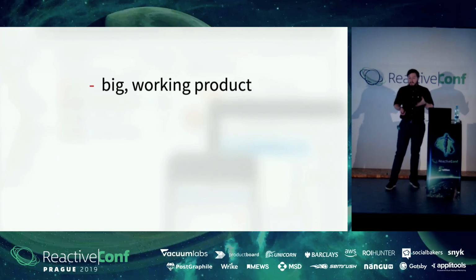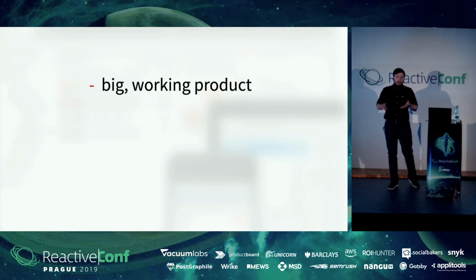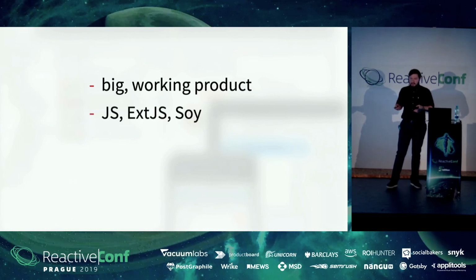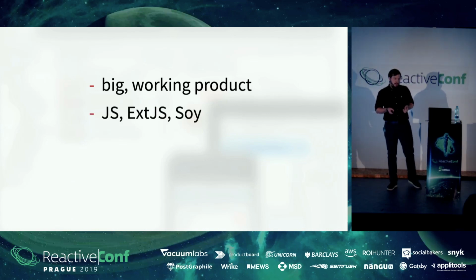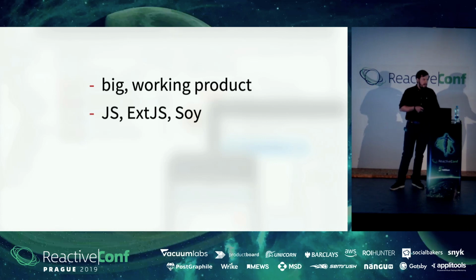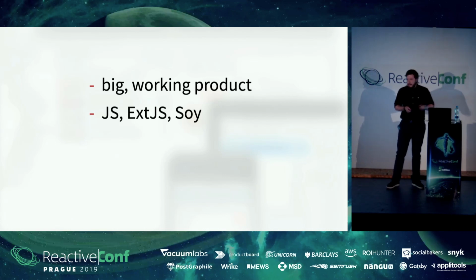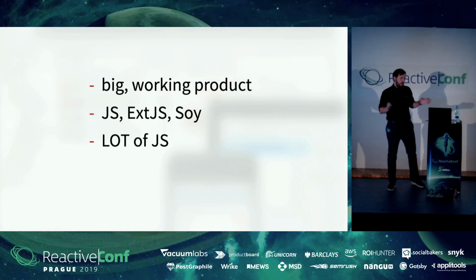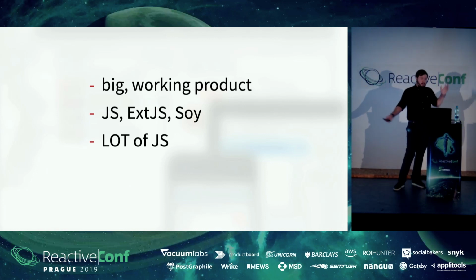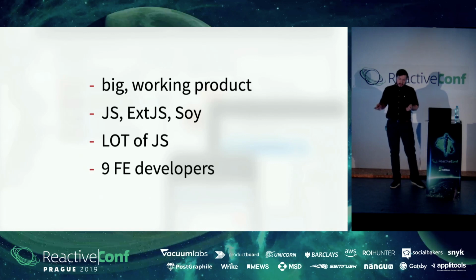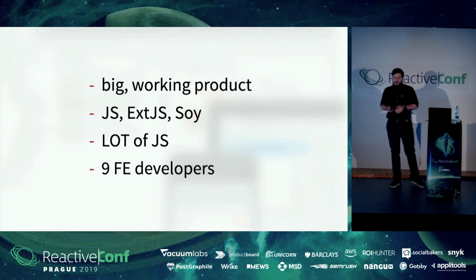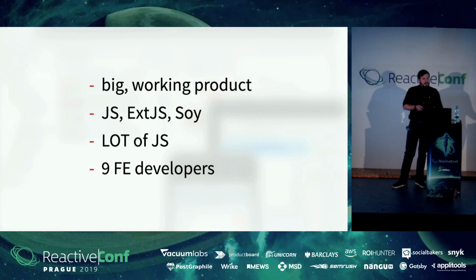Just imagine, you have a big working product, 8 years of history. It was written in JavaScript, XJS, SOI, and many other legacy stuff. And there was a lot of JavaScript, like 1.5 million lines of code. It was a huge product, and 9 front-end developers. It is not a problem by itself, but our CIO came to us and said, guys,